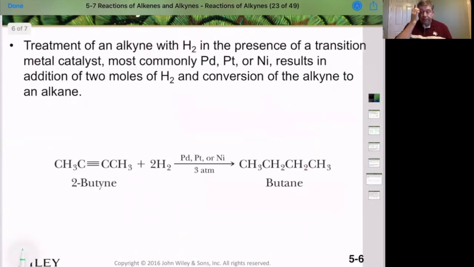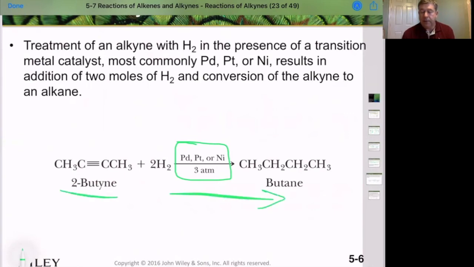Okay, so one of the other things we can do with alkynes is to reduce them down with hydrogen, just like alkenes, okay? So if we take the same reaction conditions it took to take an alkene to an alkane, we will take an alkyne all the way down to an alkane. So our triple bond gets reduced all the way down to sp3 hybridized, fully saturated hydrocarbon, okay? Now,